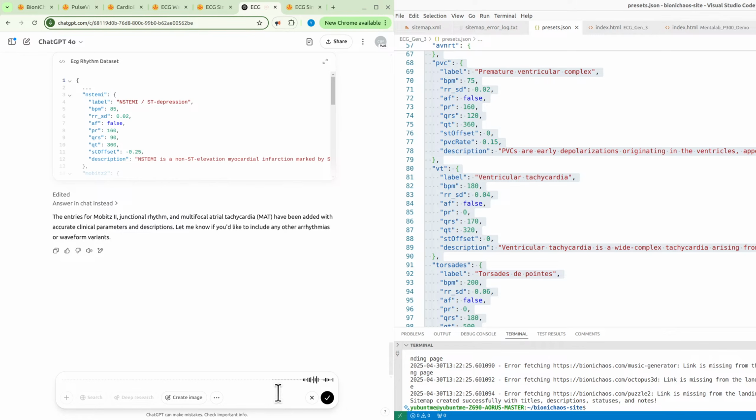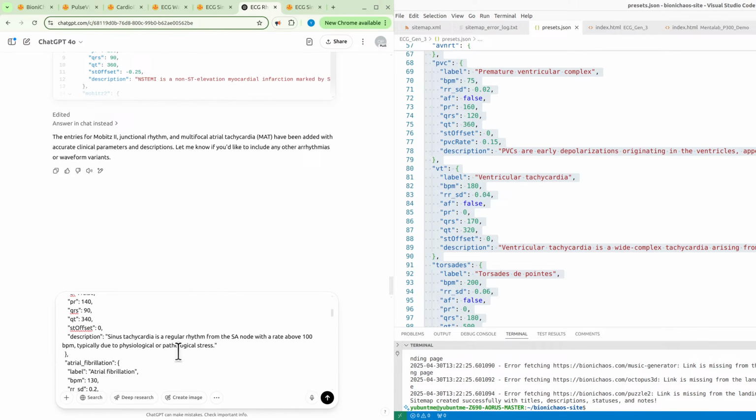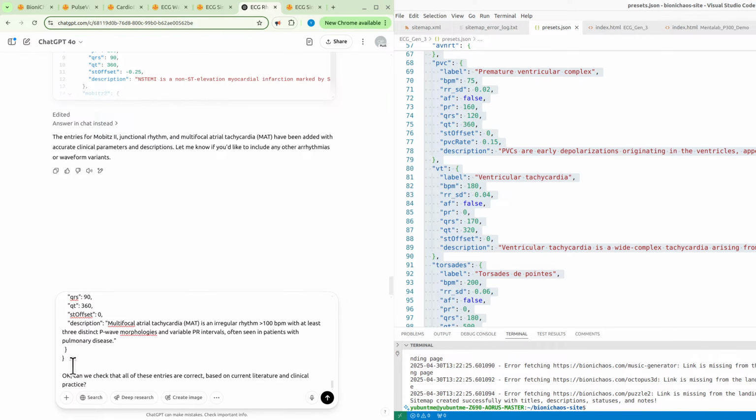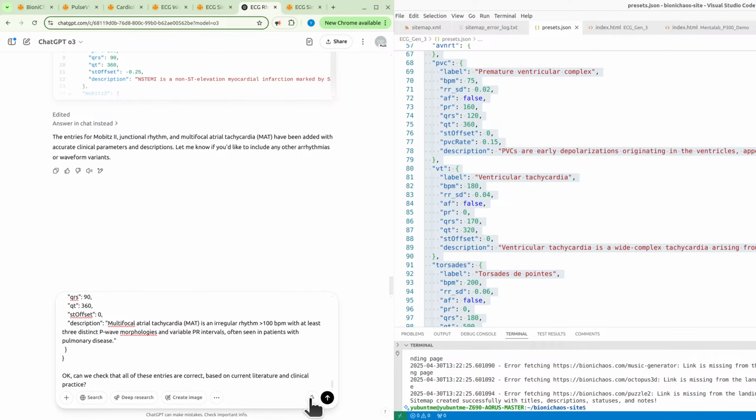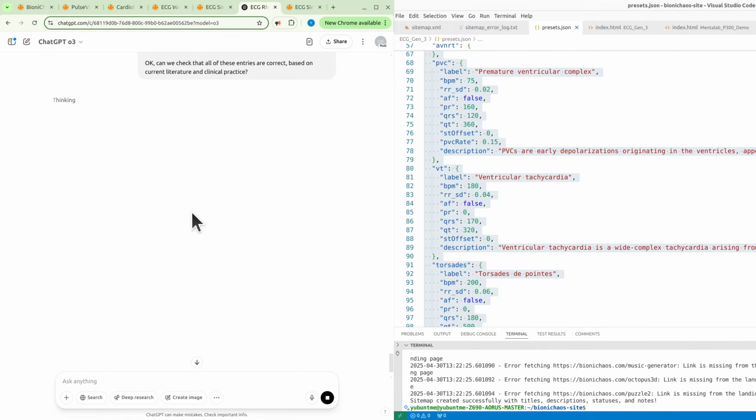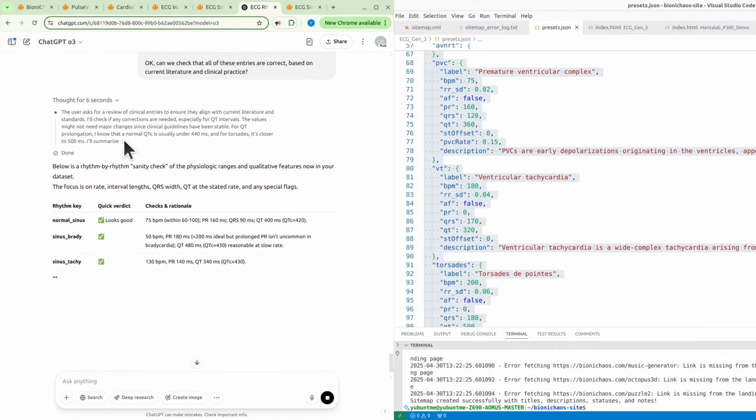Okay, can we check that all of these entries are correct based on current literature and clinical practice? Again, I'm not sure if we should do another deep research or go all three. Let's actually try all three. It should be doing research. It should be browsing. I would not imagine all of this stuff to be in its training set.